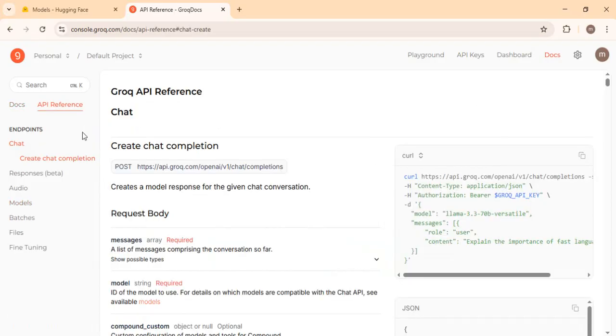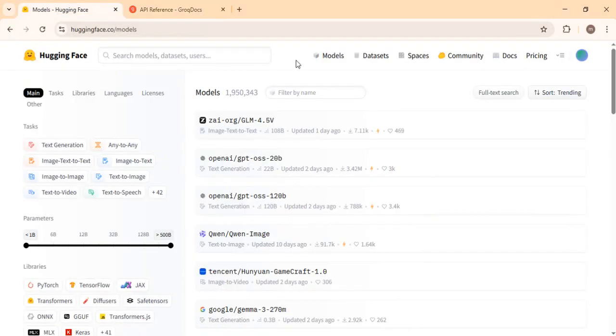So if you wish to try an open source model with GroqCloud, you can just make endpoint calls based on your requirement: which model, which audio model, which type of transformers you want to use. You can very well try those models. For our demo, we are going to try only this Hugging Face, and I am going to try one Facebook